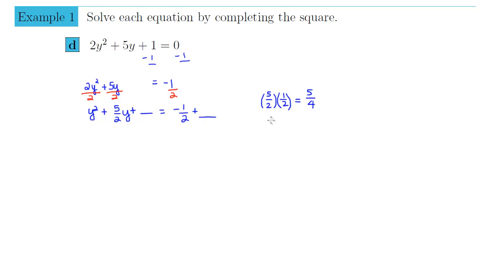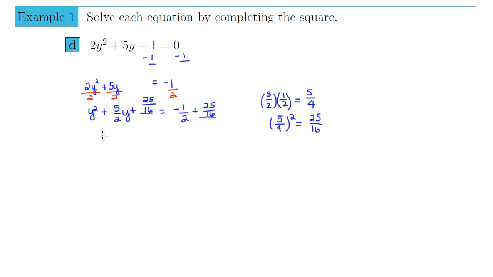What do we put in the blank? Well, we put 5/4, our magic number, squared. And what's 5/4 squared? Well, let's see. 5/4 squared is simply 5 squared, which is 25, over 4 squared, which is 16. This means the number that we put in both of the blanks is 25/16. 25 over 16. Good. So besides the fact that this equation has fractions in it, we've done everything perfectly,